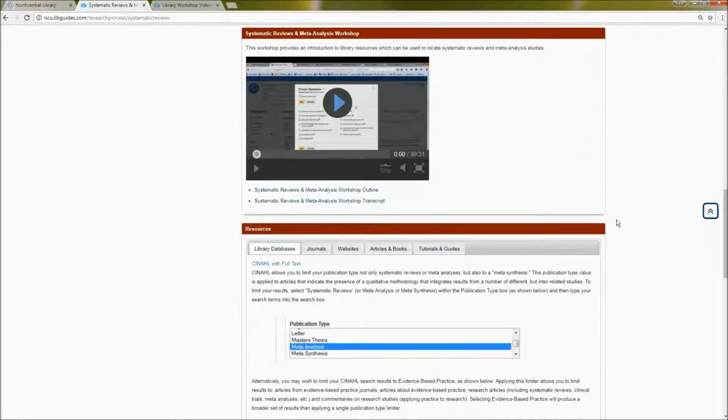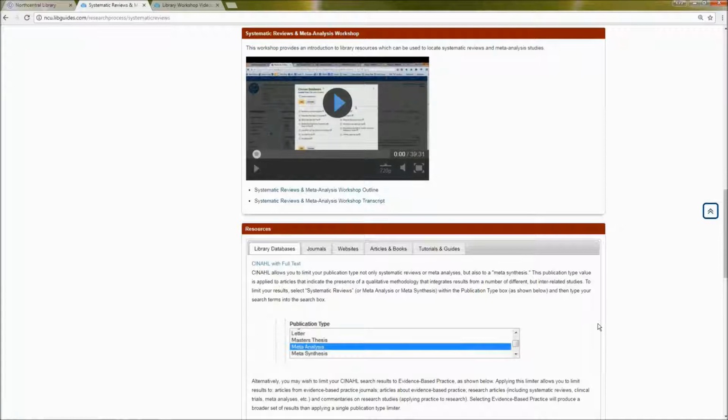Okay, so moving on to part 5 of our outline, we're going to begin looking at the resources available, and I'll demonstrate many of the ways that we can search within these databases to find these types of resources. One thing that I will point out is that there are some systematic reviews that are not published in peer-reviewed journals. You will find that some are available from peer-reviewed journals and some may not be. So just keep that in mind when you are searching, that there may not always be a peer review limiter. But I will point that out as we come across which particular databases or other sources are specifically peer-reviewed and